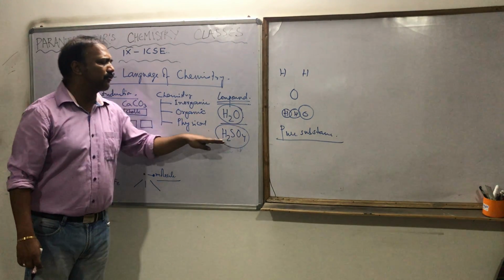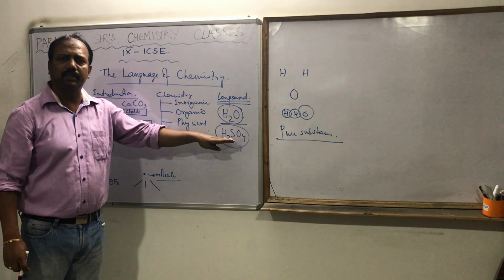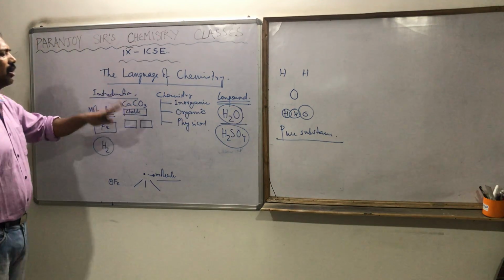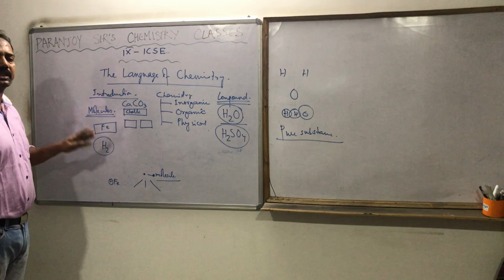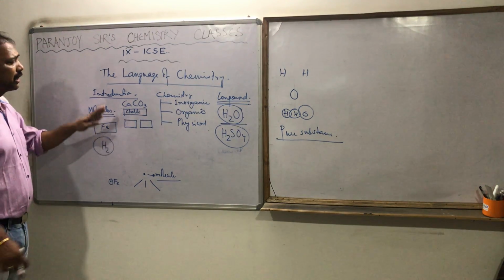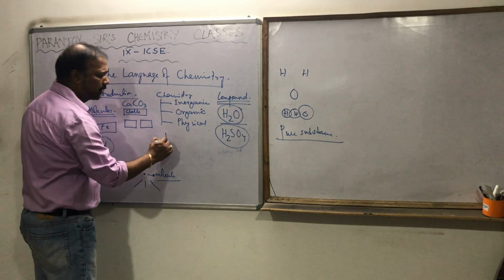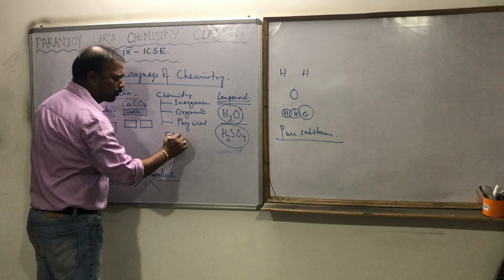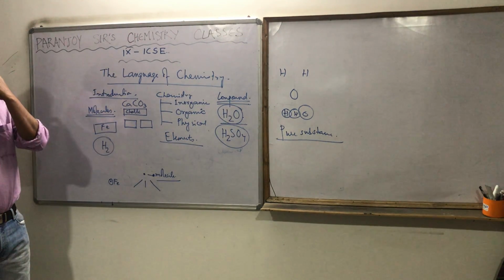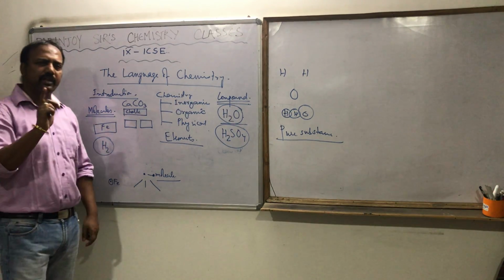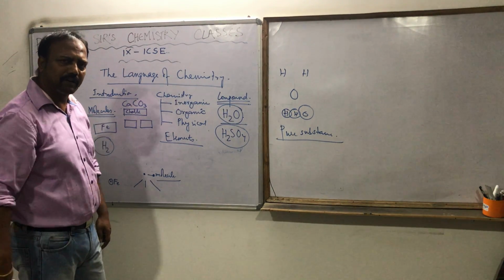But it is produced from more than one element by chemical reaction. That is why all compounds are molecules, but all molecules are certainly not compounds. Now, obviously, whenever I talk about elements, you must know about that also. What is an element? Elements are made up of one type of atom.